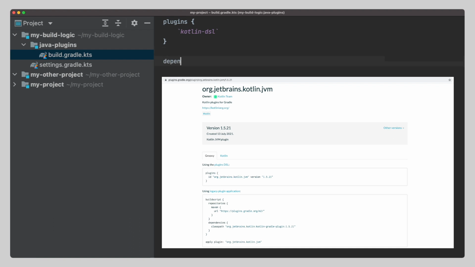Because we want to use the Kotlin plugin, we need to define a dependency here in the build file. For convention plugins, normal dependency management is used to find other plugins. This is not well documented at the moment, so it is a bit tricky to find out the right coordinates of the dependencies. If you look this up in the Gradle plugin portal, you can find the coordinates at the very bottom, as shown here in this example picture.